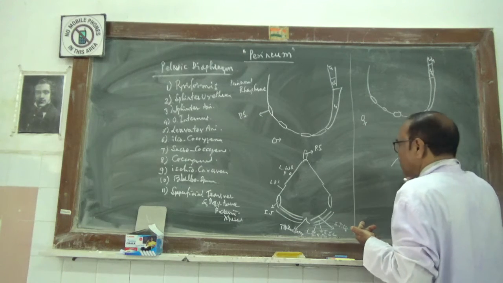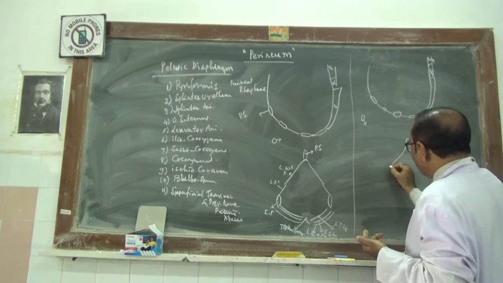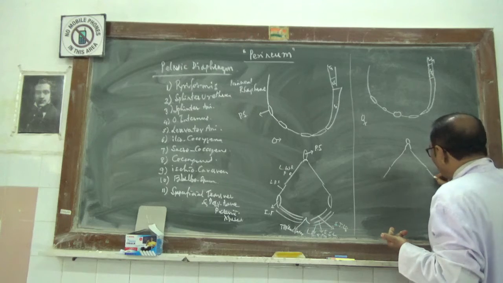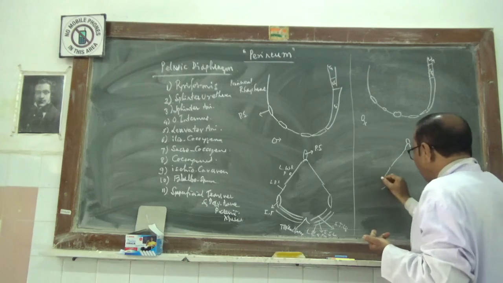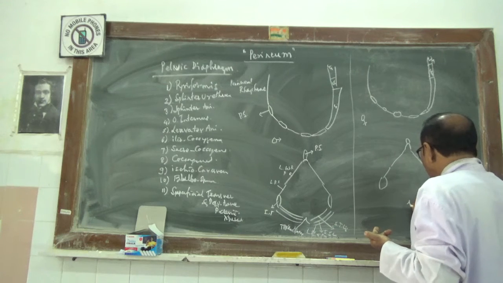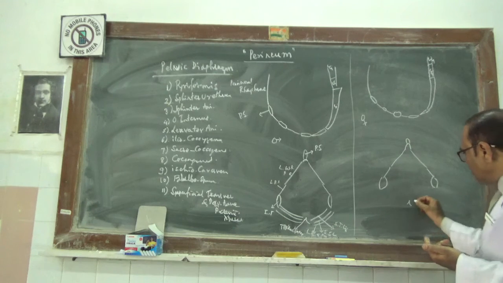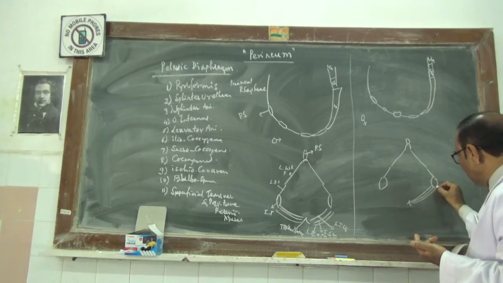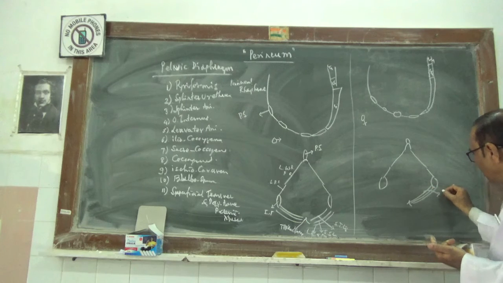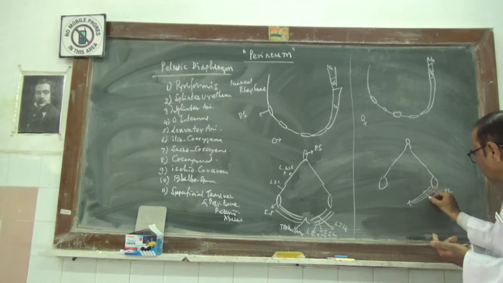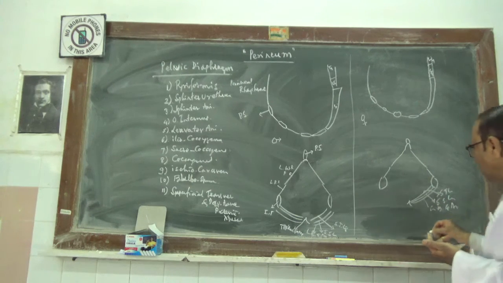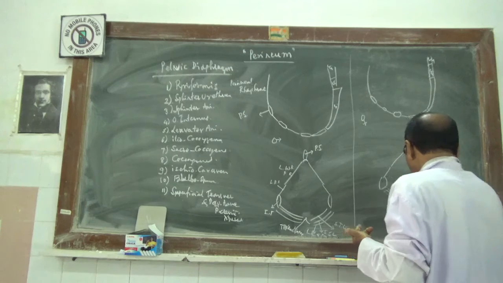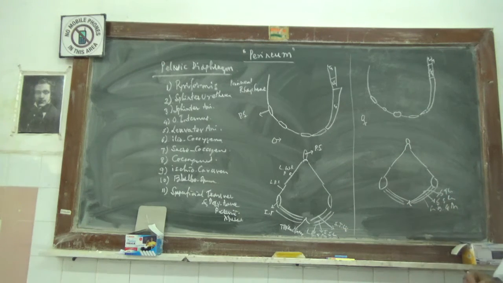this is the lower border of the inferior ramus of the pubis, this is the lower border of the ramus of the ischium, this is the ischial tuberosity, this is the tip of the coccyx. This is the sacrotuberous ligament, the sacrospinous ligament. This is the lower border of gluteus maximus on either side. So this is how it looks.